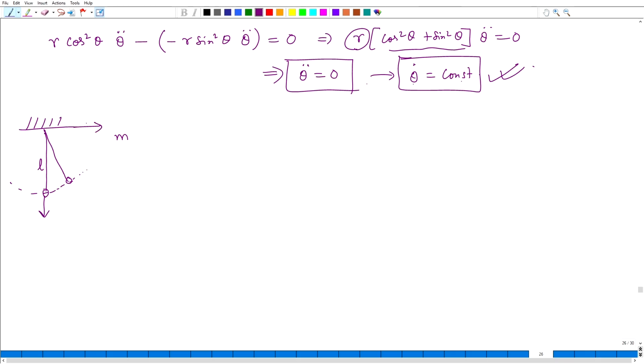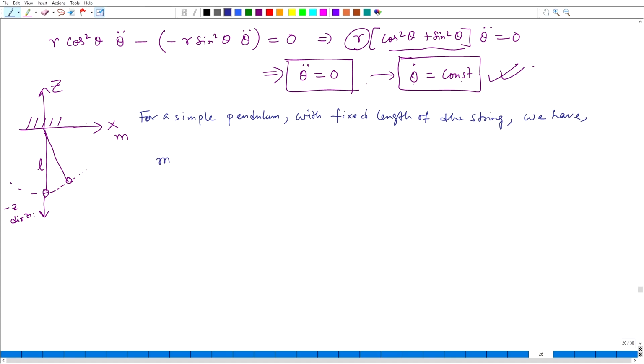So, I am again defining this is my x axis and this is my z direction. So, this is actually negative z direction. Okay. So, if I do that, then the Lagrange, so for a simple pendulum, with fixed length of the string, we have